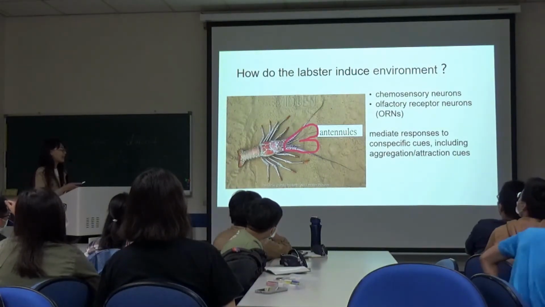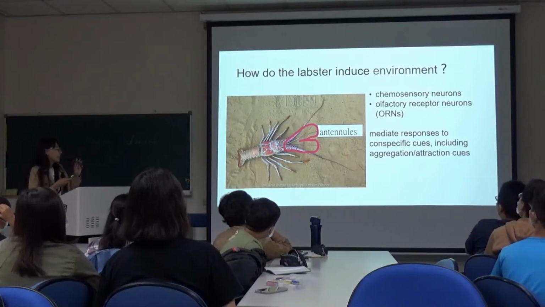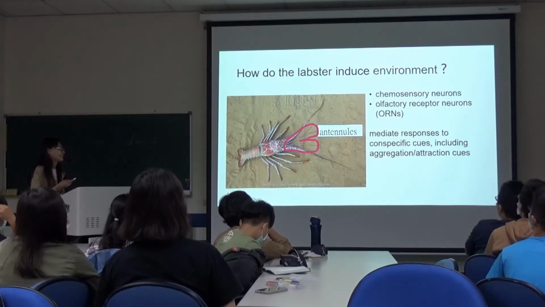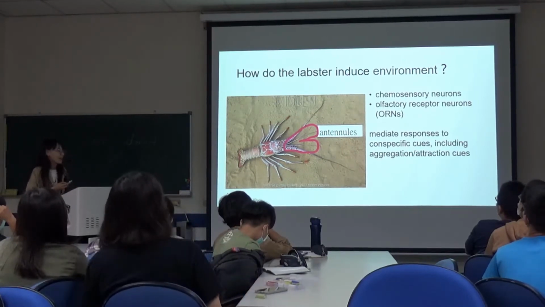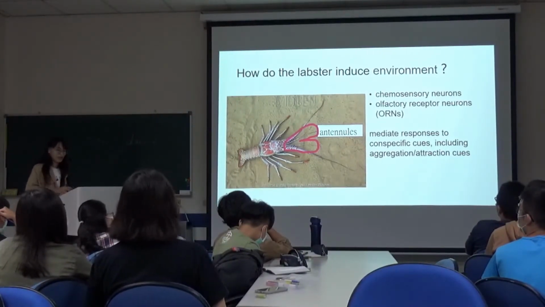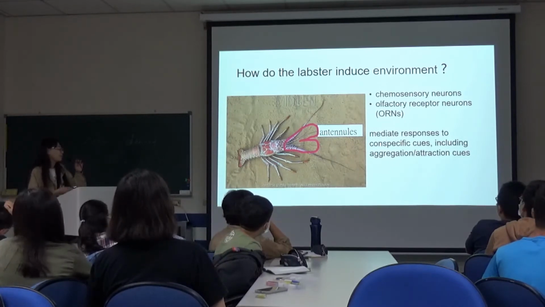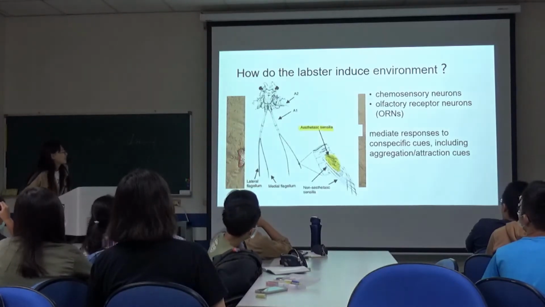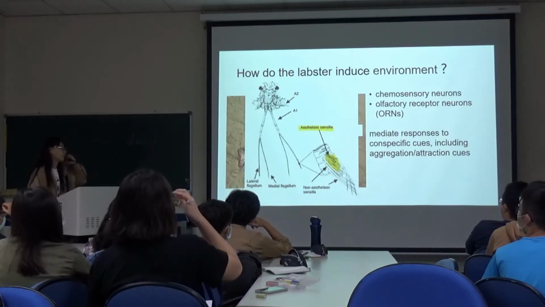We see the pink part. It is the antennae. Antennae contain the chemosensory neurons and the olfactory receptor neurons, ORNs, corresponding to its smelling abilities. When we magnify the antennae, we can see the sensilla, which mediate responses to